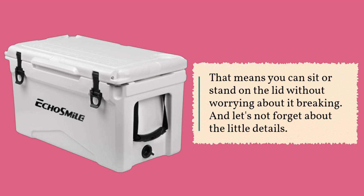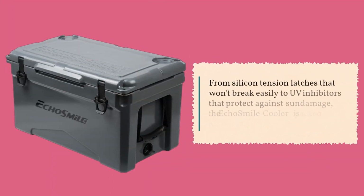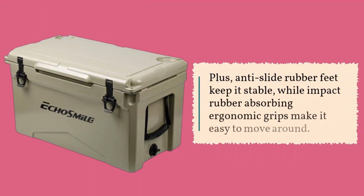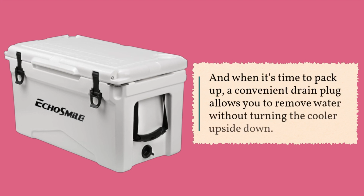And let's not forget about the little details. From silicone tension latches that won't break easily to UV inhibitors that protect against sun damage, the EchoSmile Cooler is packed with thoughtful features. Plus, anti-slide rubber feet keep it stable, while impact rubber-absorbing ergonomic grips make it easy to move around. And when it's time to pack up, a convenient drain plug allows you to remove water without turning